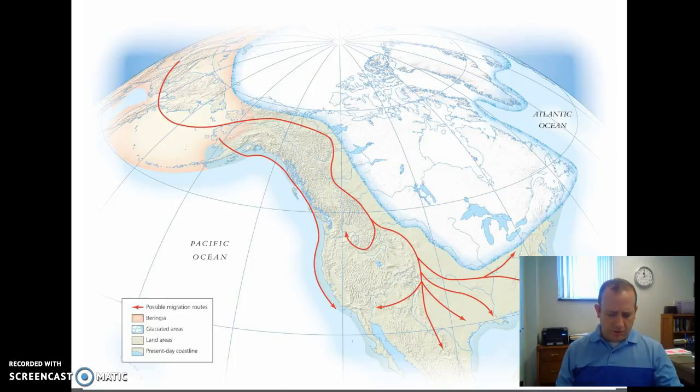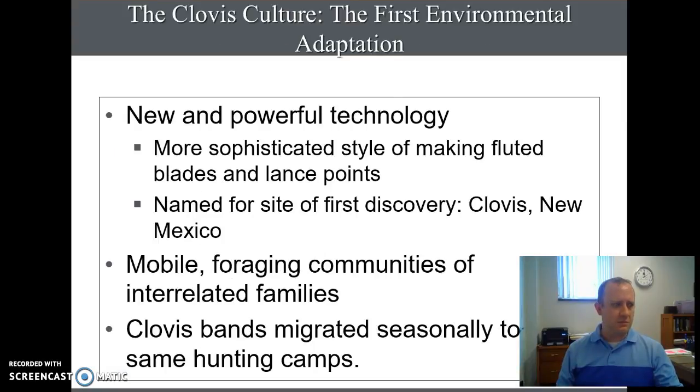what we do know is what Columbus found was not an unorganized society, if you will. In some places, yes, but in many places you have very advanced civilizations, very advanced societies. For instance, you have the Clovis culture, very advanced, very sophisticated for the time, migrated seasonally to their hunting locations, very mobile, lived off the land, groups of interrelated families.